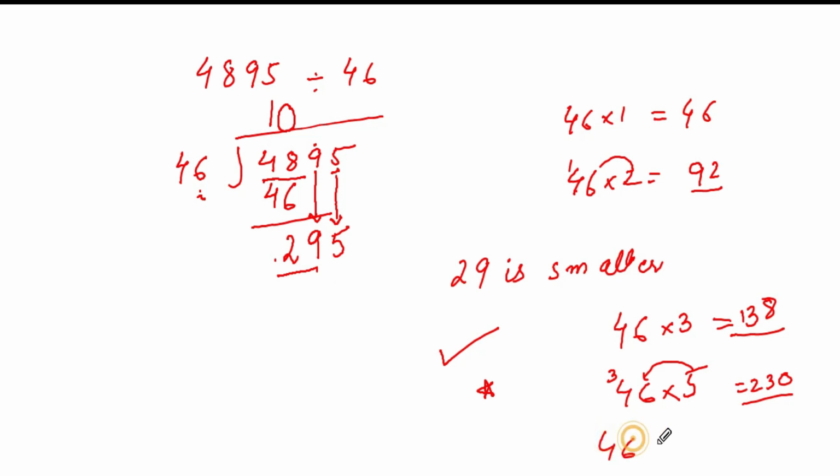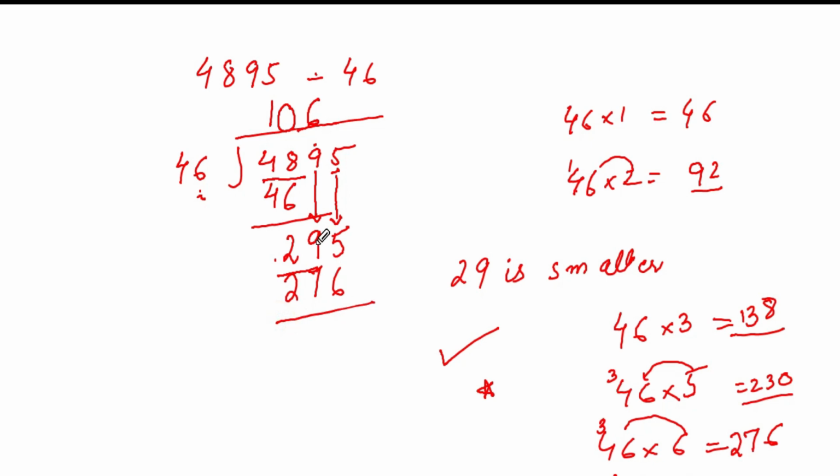Now we can try times 6, that is 6 times 6 is 36. I can write like this. 6 times 4 is 24, plus 3 will give me 27. So now 276 is near to 295. If I go to times 7, the answer is going to be far bigger. It means I can write here 46 times 6 is